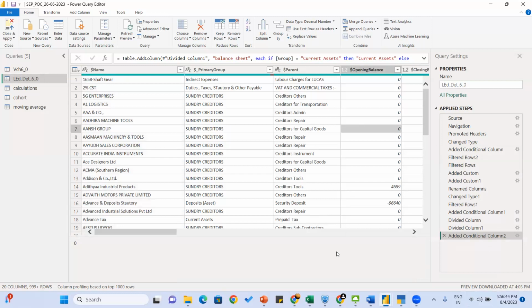Isn't it so? You don't want the table itself, sir, or any particular step? I mean, on the left side we can see 5 queries, isn't it? Yes, you can disable, correct. But that is not possible in Power Query. Is it possible? Sir, actually, I have not extensively used Excel. It's okay. So I'm not giving a conclusive answer.